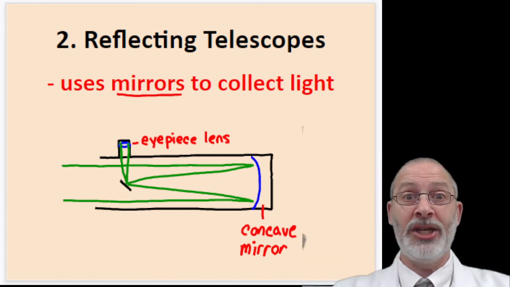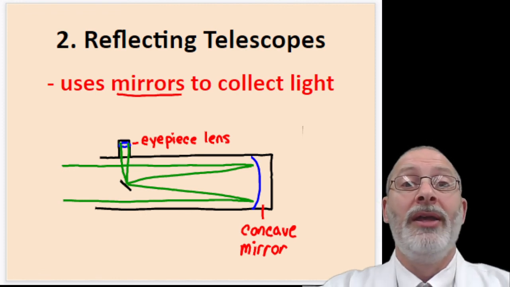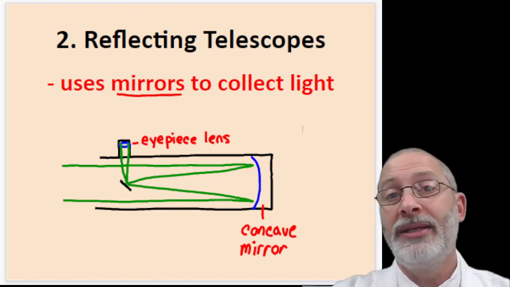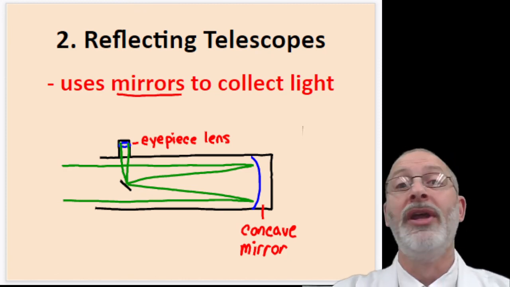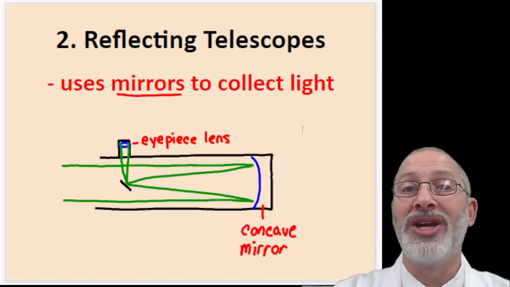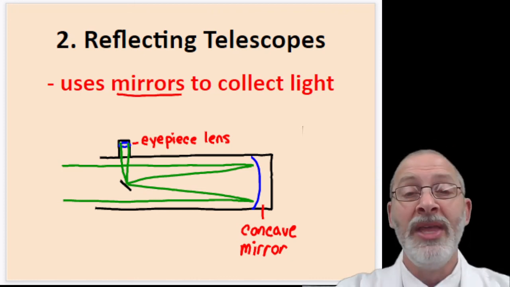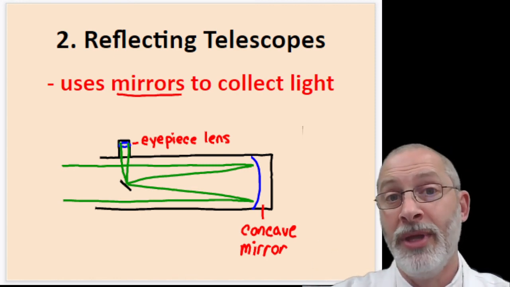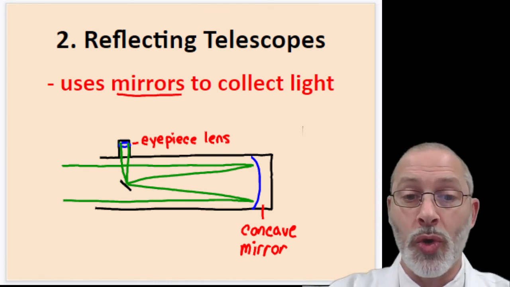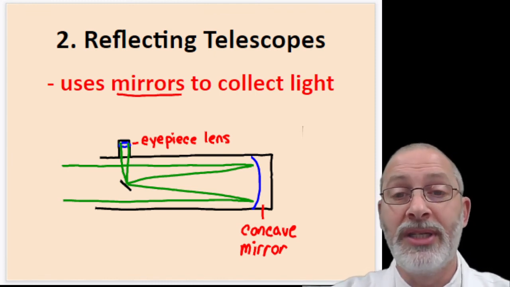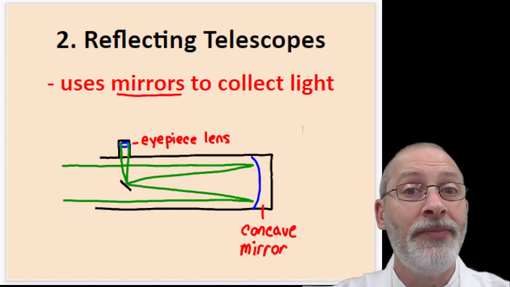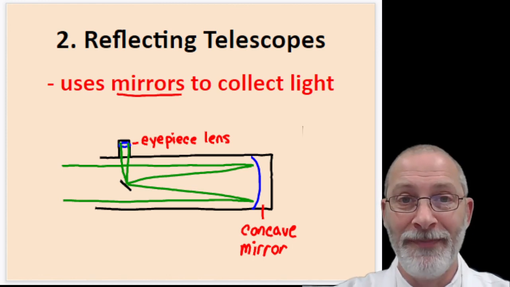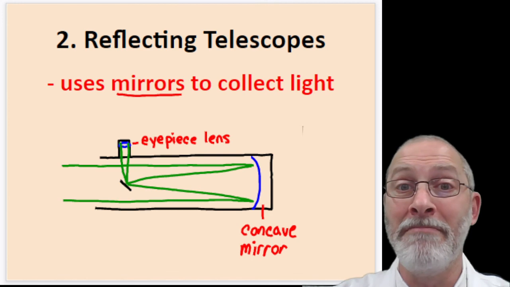So, in a nutshell, there are our two types of telescopes, reflecting and refracting, that use either lenses or mirrors to collect light from a distant object and focus those objects so that we can see them at a distance. So tomorrow we will continue with some more information and explore the details of our lab activity when we make our own